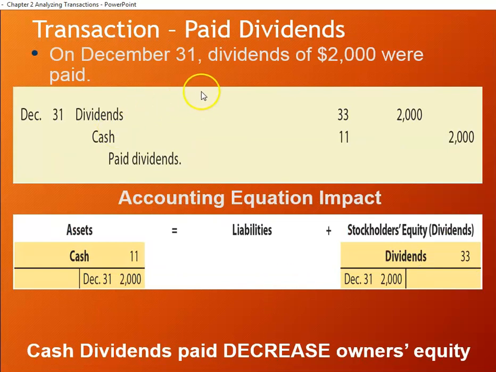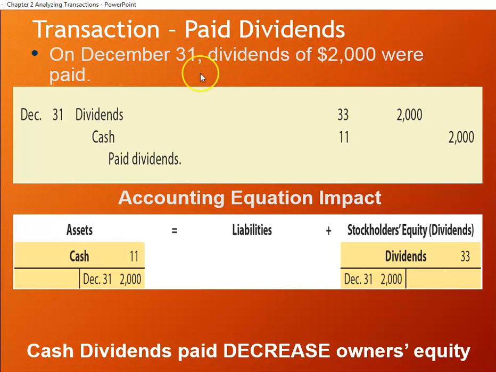And looks like on December the 31st, we are doing the same thing we did back in November. We're going to pay dividends of $2,000. This is an owner draw, essentially. So Chris Clark, the guy that owns the company, he put $25,000 in, but guess what? He didn't anticipate that $25,000 was going to stay in the company forever. As the company earns revenue, he's going to get all of his money back, right? So with the payment of this $2,000 plus the other one, he now only has $21,000 in the company,